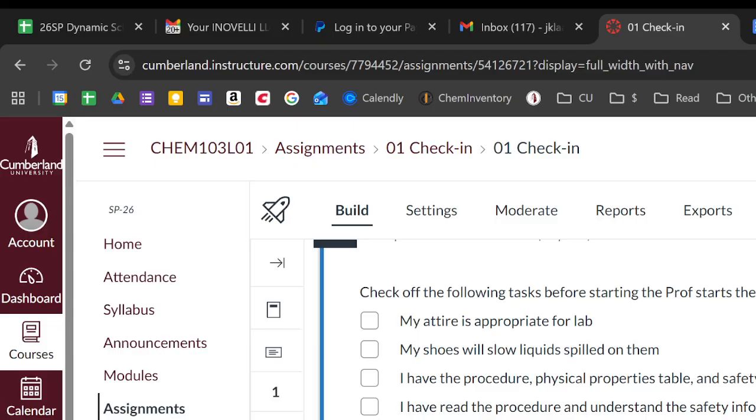That's the lab packet assignment. It's not meant for you to actually turn something into it. What it's meant for is you to go on there, open the lab packet, and print it. You will not want to download it on a digital device because you won't want a digital device on your desk. Okay? Because it's very likely you're going to spill stuff and get water all over this, and that's not a great thing for a digital device, is it?